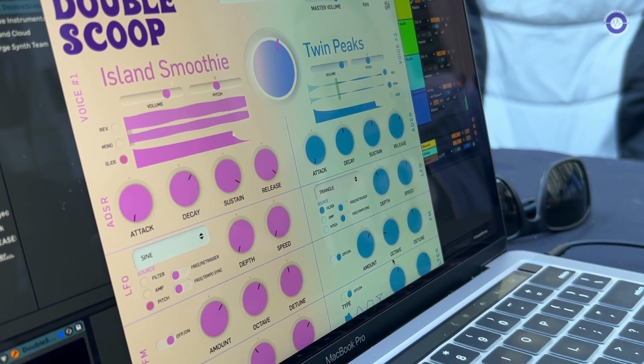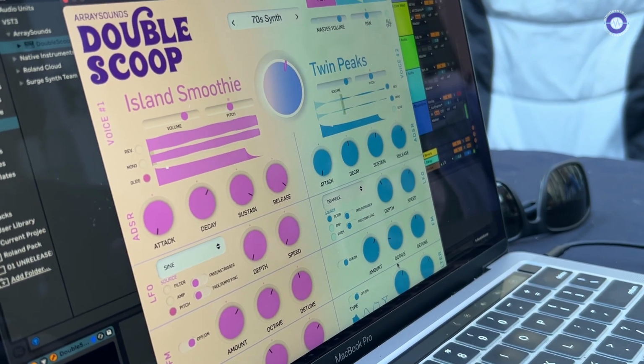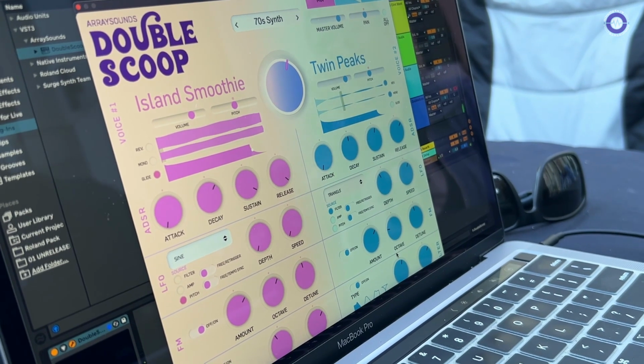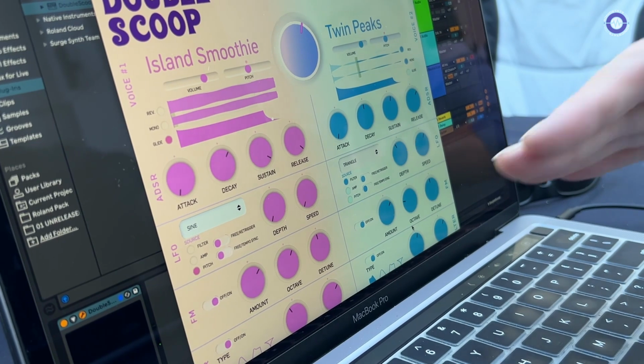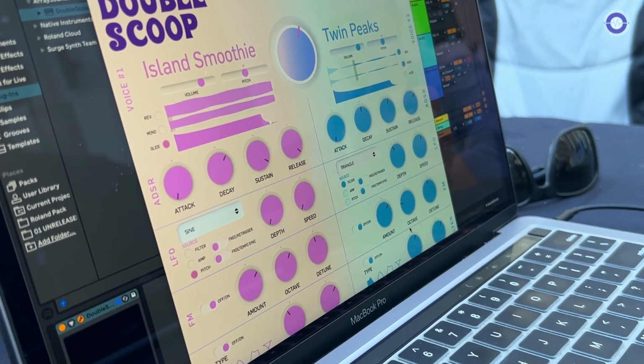Can you hear that? So you can dial in a really nice. And you're doing that through FM. Right. Yeah. And I think it's just a sine wave in there for the FM, and so basically,